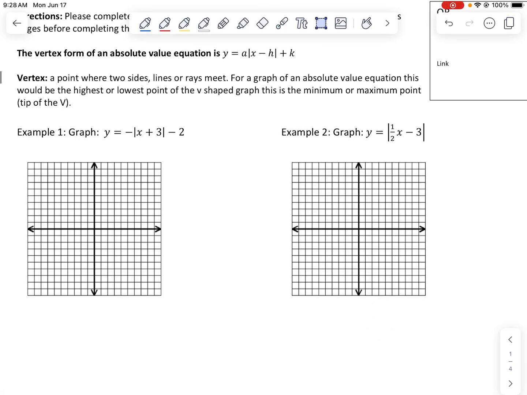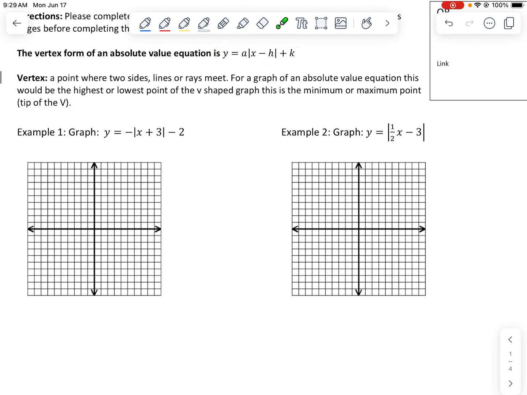This is a mini lesson for graphing absolute value equations, which is a challenge topic. On this page, you will see some definitions and you'll see some steps, but I'll go through the examples. So first, we have to remember that the general vertex form of an absolute value equation looks like this, where